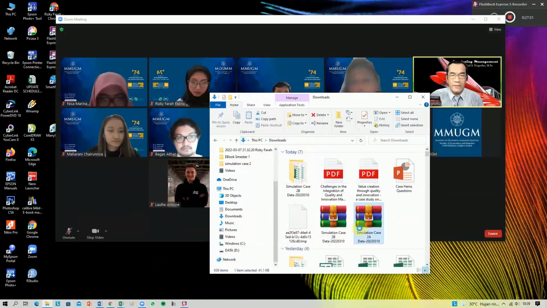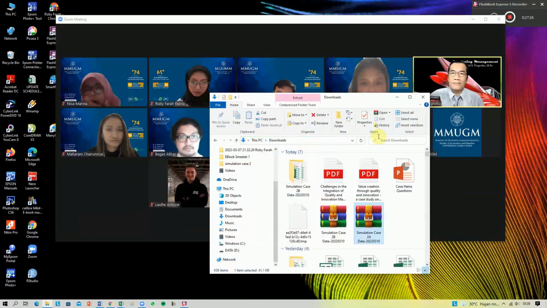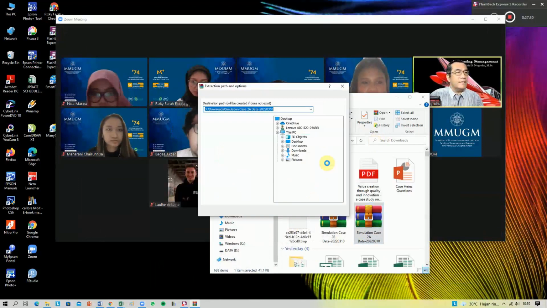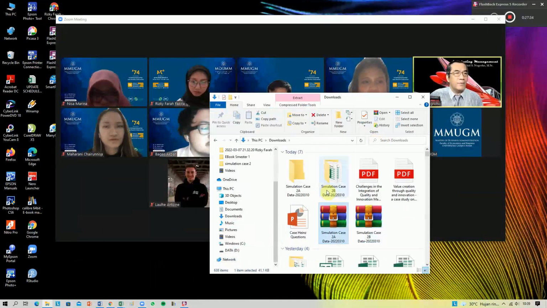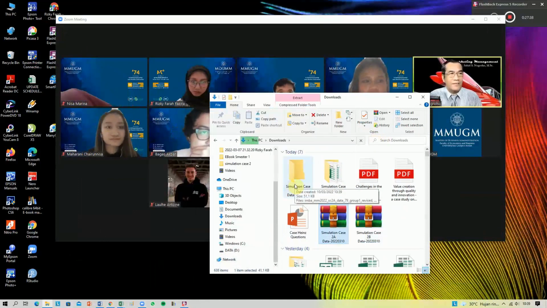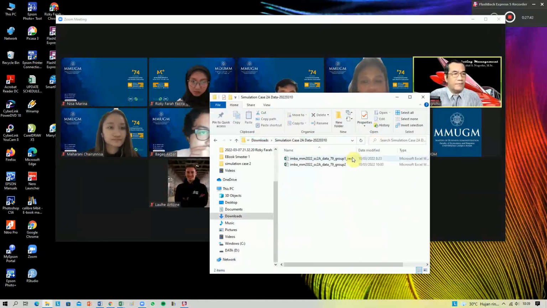Now you open your data from group 2 and make a copy. Group 1 has 43, group 2 has 40. And then paste to the next row after group 1.